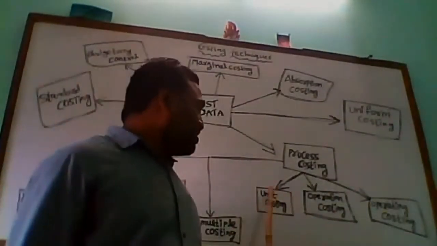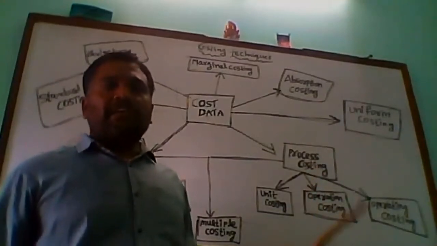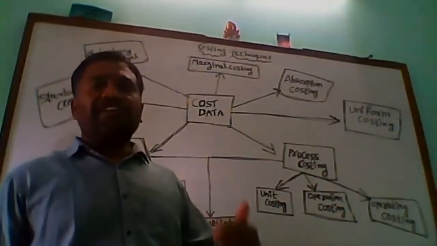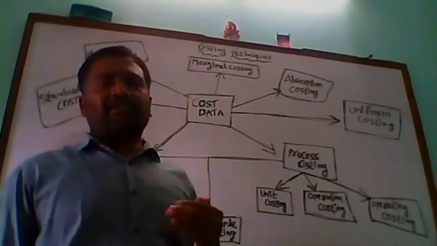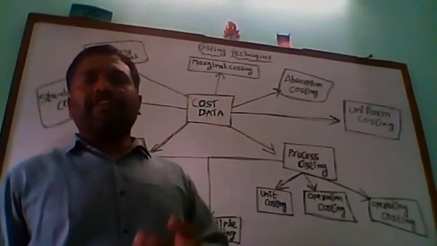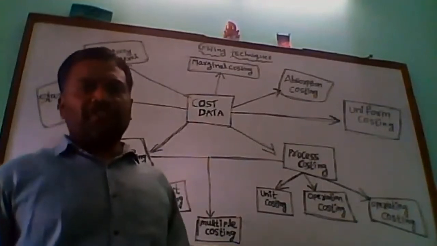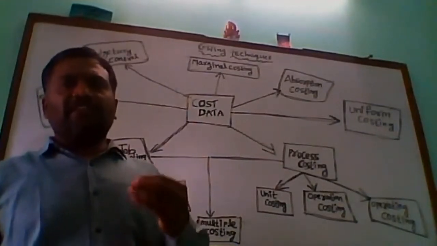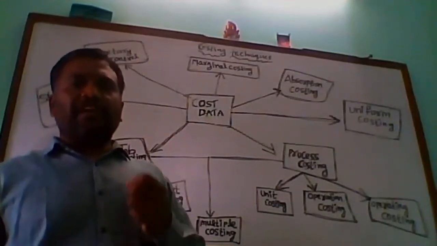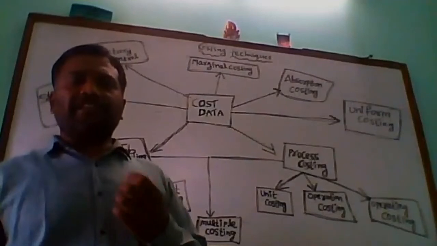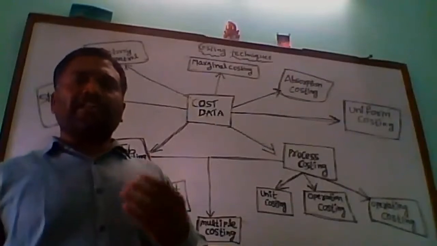And next one is what we are calling the process costing. Here, process costing means the production is made in various distinct processes or stages. For example, we cannot get sugar directly from sugar cane. Sugar is produced using three distinct processes: one is crushing, then filtering, and refining. By going through such three stages, they get the sugar.